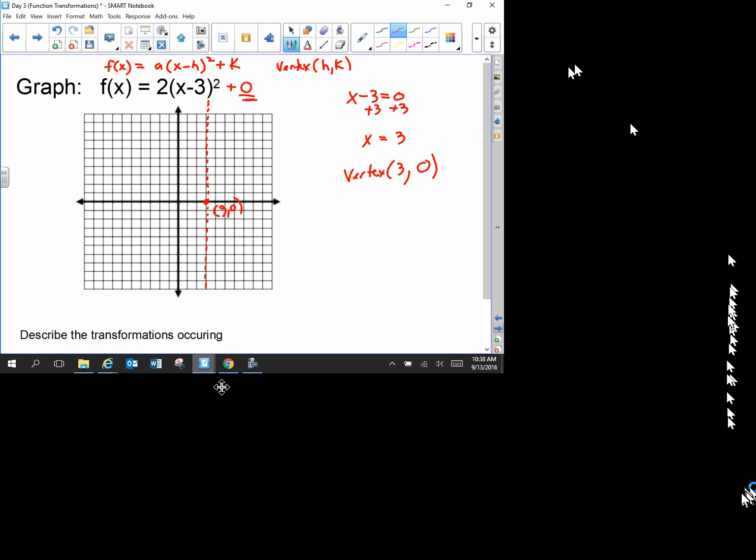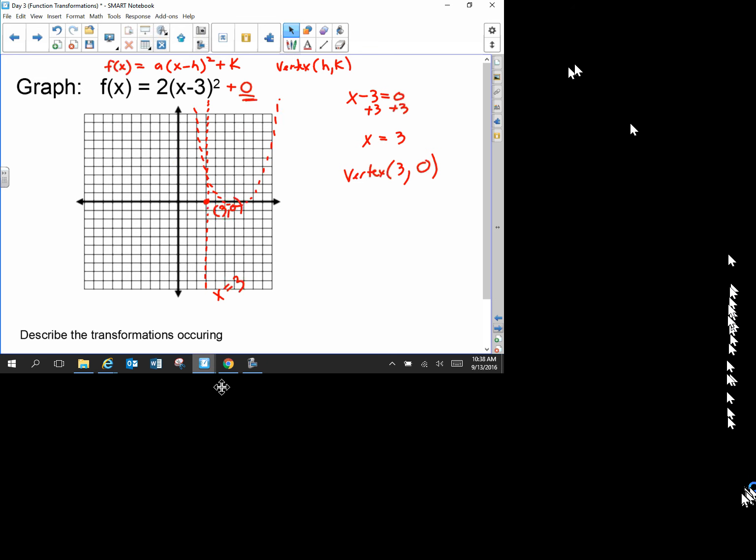Is this graph going to go up or is this graph going to go down? Has it been reflected of any sorts? It has not. So this graph is going to go up. Now I put this little dotted line here because I'm not going to judge your artistic talent. Some of you made this next one wide or skinny, and as I looked around, I could not tell. If this is the parent right here, and I was to take that parent away, and I put this on here,